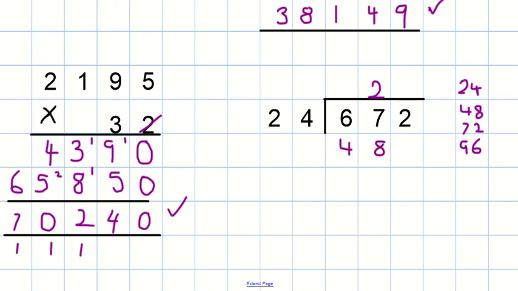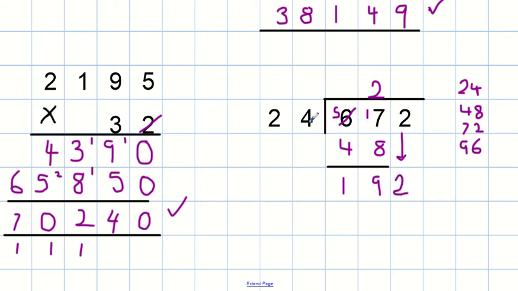So now I need to work out my remainder, or the difference, and I can do a subtraction to help me with that. 7 subtract 8, I will need to do an exchange. 17 subtract 8 is 9. And 5 subtract 4 is 1. So now I'm thinking 24 into 19, which I can't do. So I'm going to bring down the remaining digit,